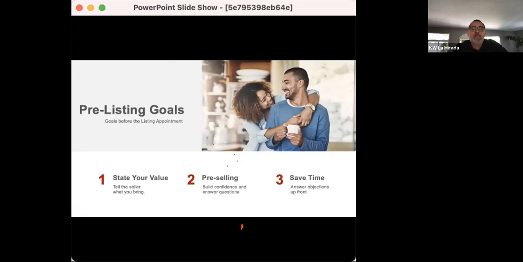And then number 3 is to save time. Well, how do we save time? Well, basically, this is going to allow us to, 1, find out if they're planning to list when we show up. And then 2, dive into the motivation to see what's going to happen, right? Are they ready to sign? Are they motivated enough to move forward? And can you help them? And then 3, objections. One of the most powerful things you can do on a pre-qual is to draw out